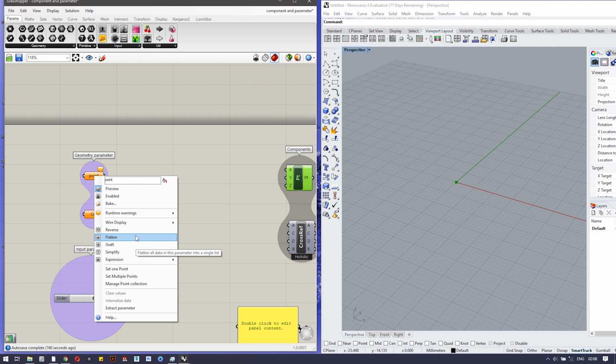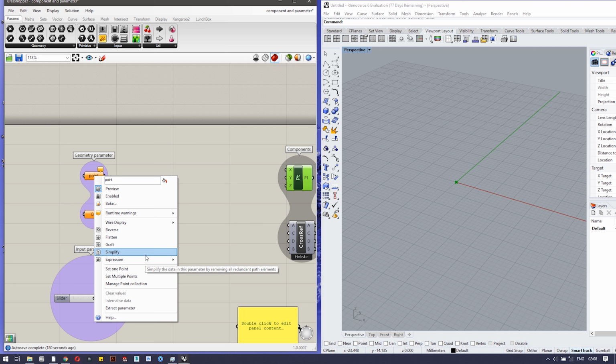If you are using flatten on that list, it will convert all the data to a single list with 50 elements. But if you are using graft, it will make 50 lists with a single element each. So that's the difference between flatten and graft.